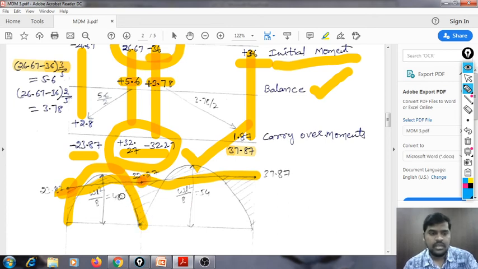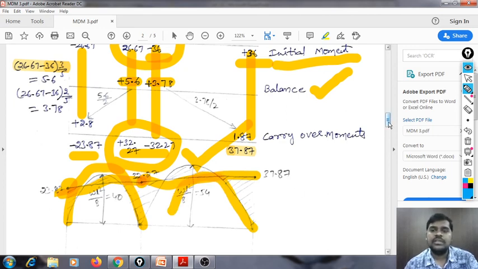We know already, that is 40 kN. What is WL square by 8? That is a simply supported beam with UDL on it, the maximum bending moment will be WL square by 8 in the shape of a parabola. This is also the same WL square by 8, but the length is different, so the answer was 54.